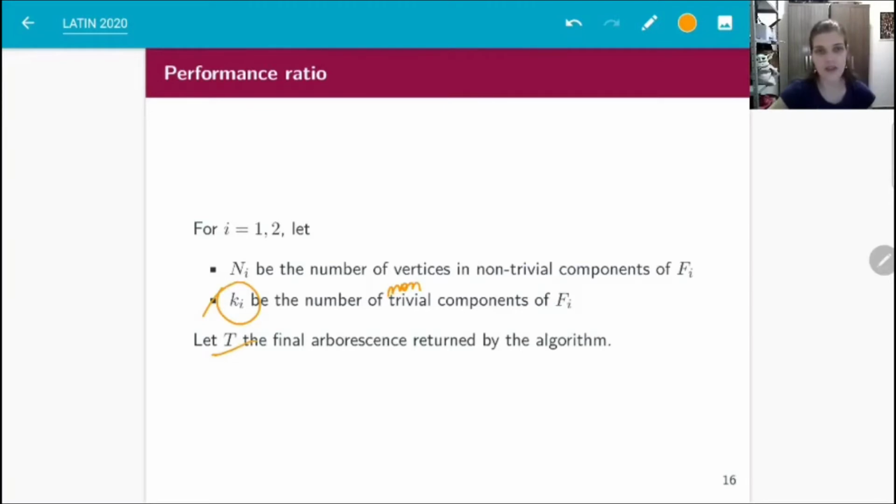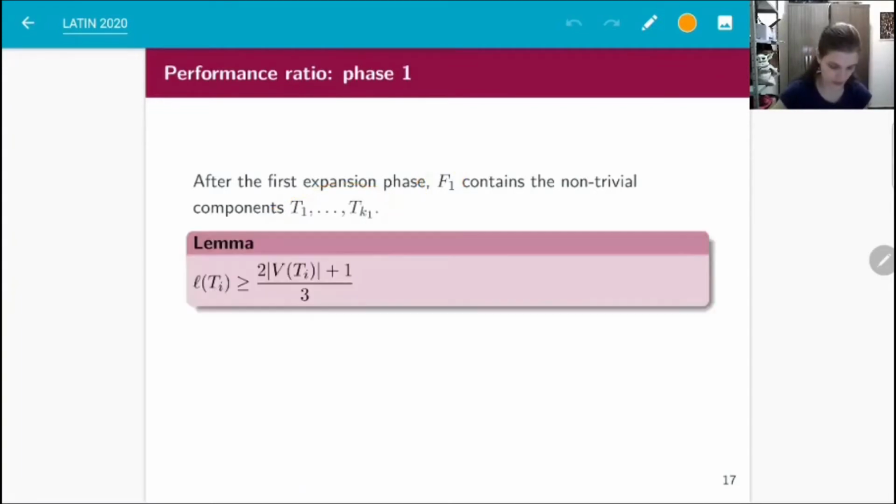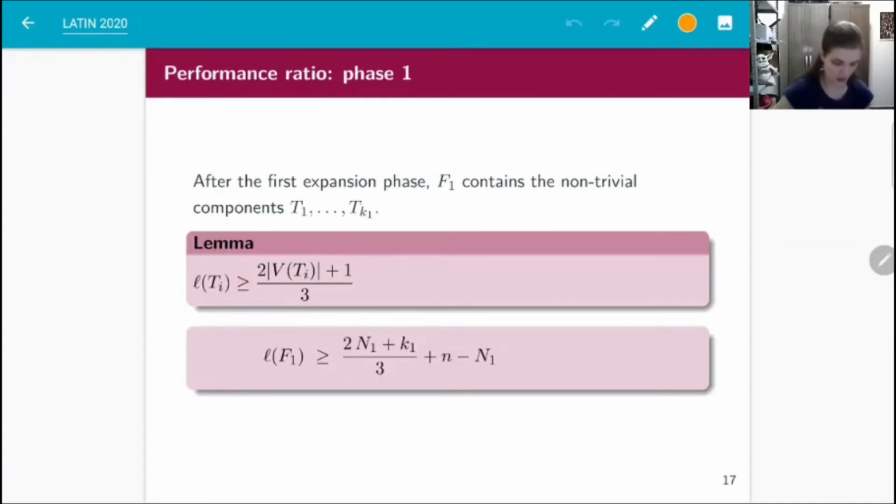Remember that T is the final arborescence returned by the algorithm. After the first expansion phase, forest F1 contains some non-trivial components, K1 non-trivial components, and in each of them, all the vertices have alt-degree at least 3. That's why we know that the number of leaves in each of these non-trivial components is at least twice the number of vertices there, plus 1 over 3. And if we sum these over all the non-trivial components of F1, we have this number here,